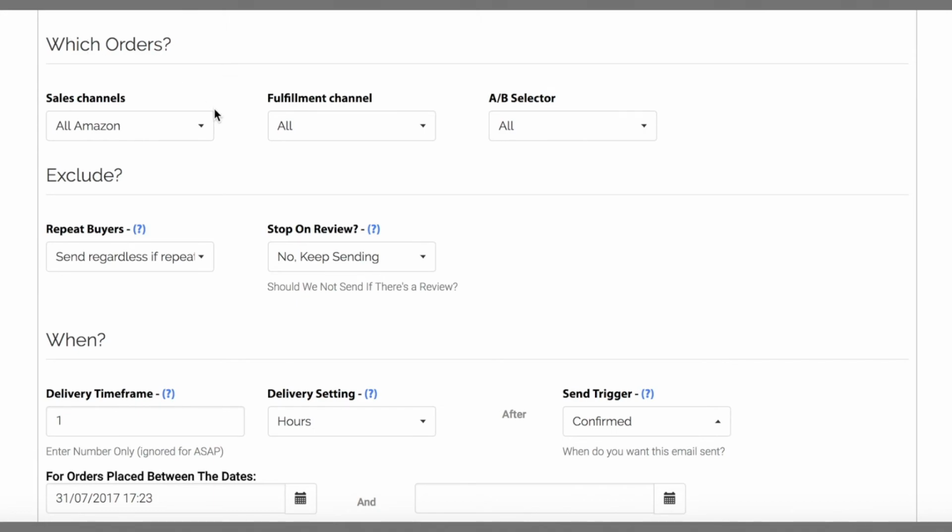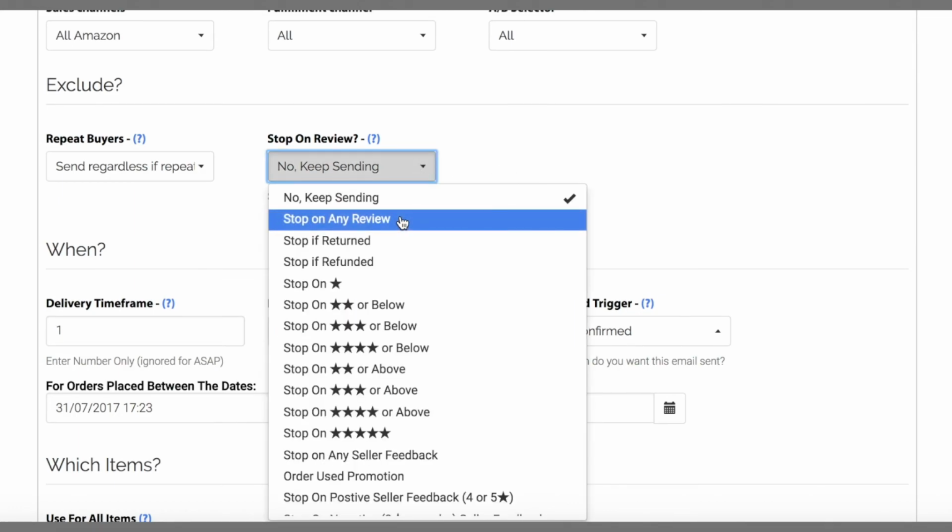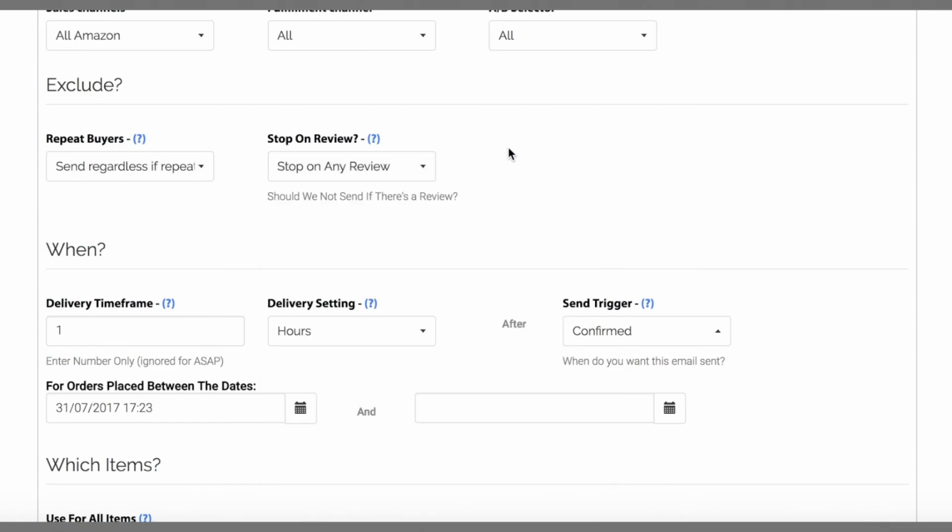We've got which orders, and so I'm going to run through and just say what we've got here. So this email will go to people who've bought on Amazon.com, .ca, .com.mx, from any fulfillment channel, whether it's in the Amazon warehouse or my warehouse, and everybody's going to get this. The people who won't get this, well, we haven't said anybody, but just so I can say something better, we're going to do that. Stop on any review. So repeat buyers, they'll get this. First time buyers, they will get this. Anyone who's left a review will not get this